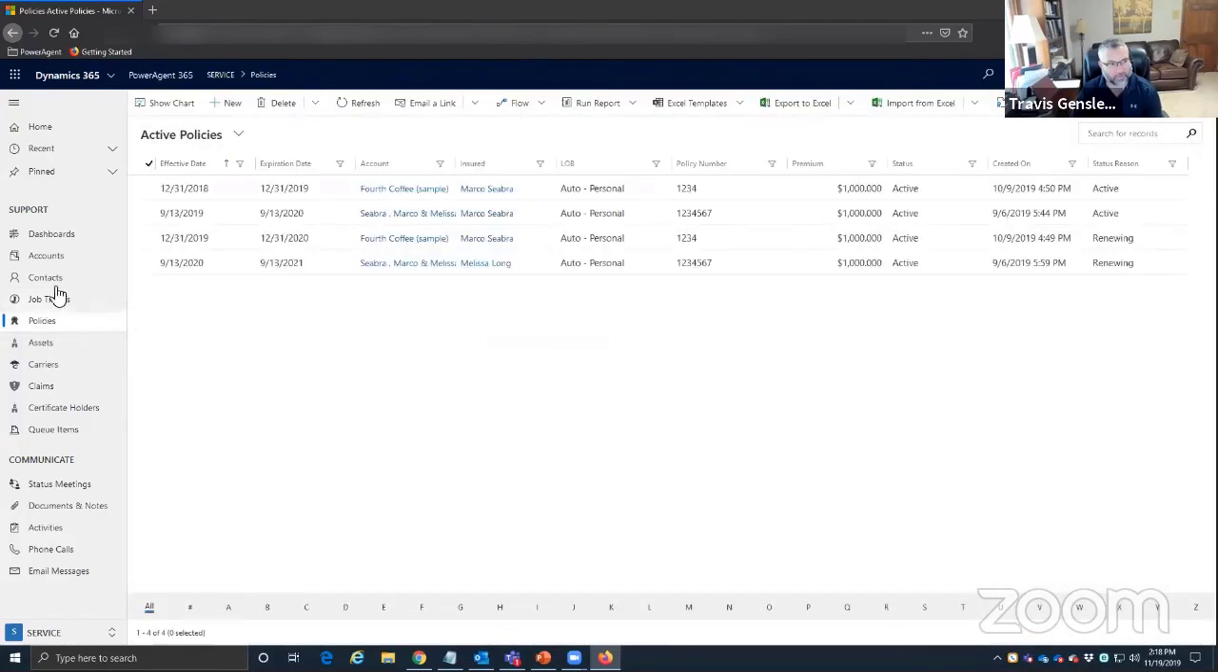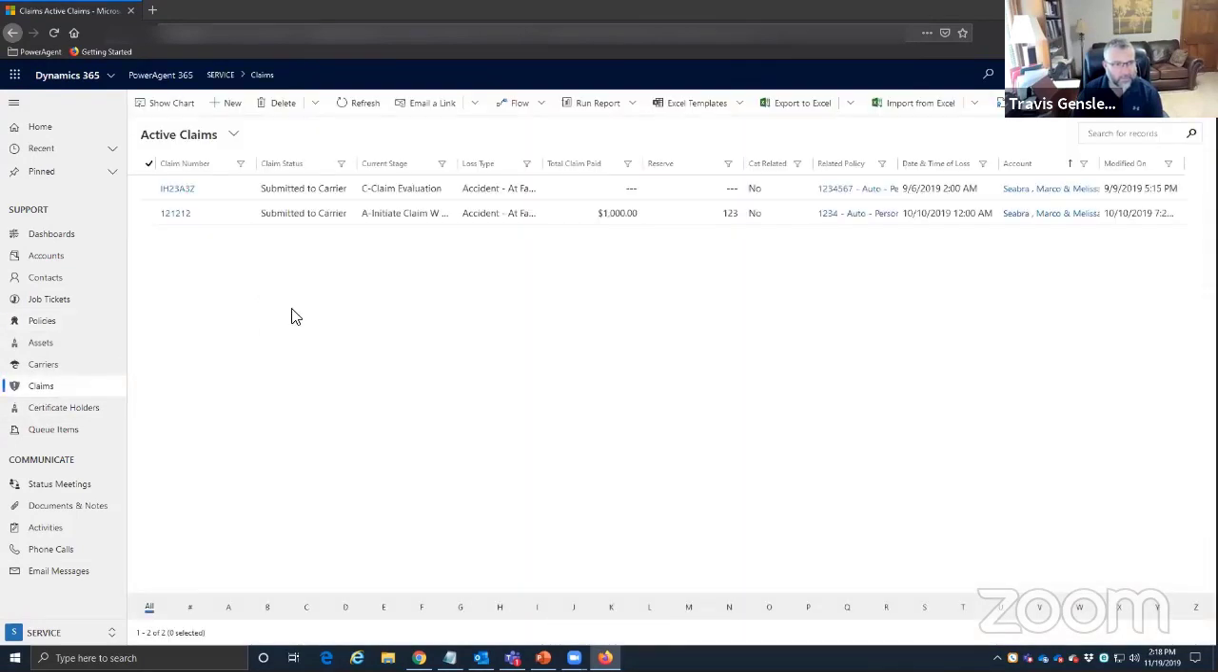But on the policy side, once we get coverage data in here, we'll be able to do gap analysis with the click of a button. I can get rid of a handful of these things here because we won't need to do downloads,